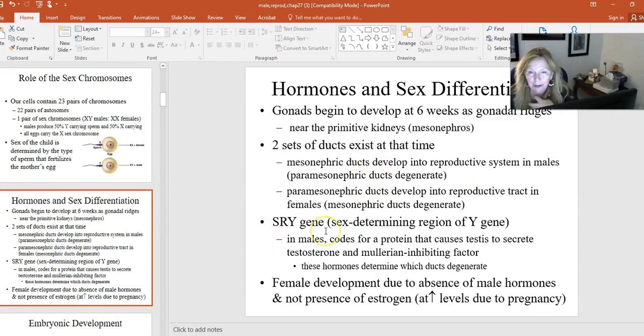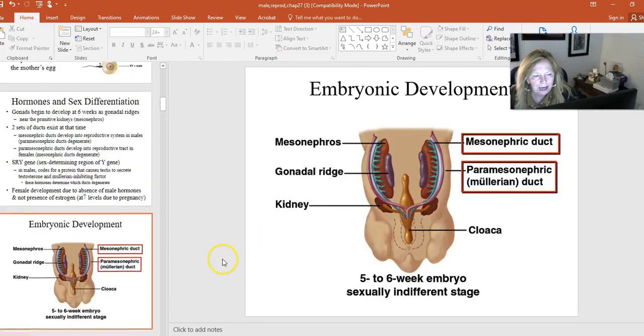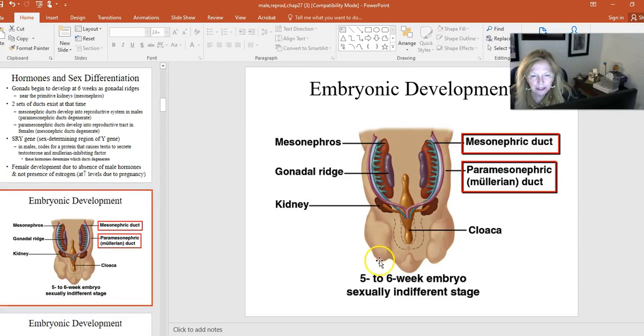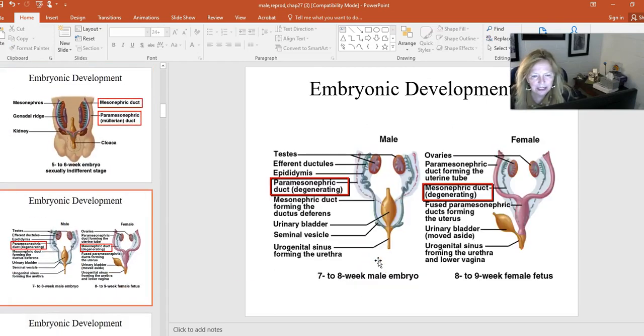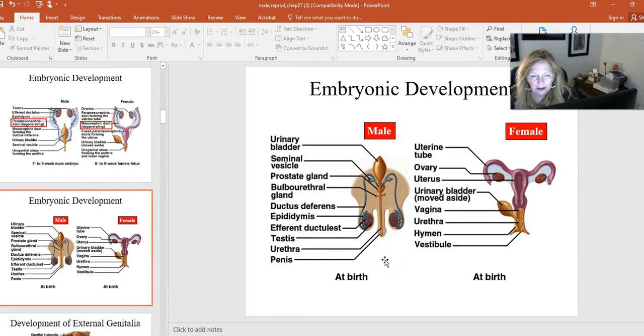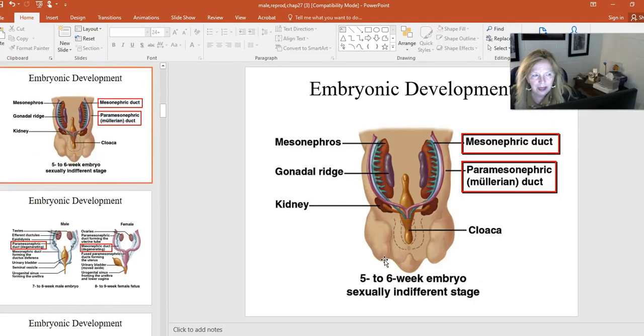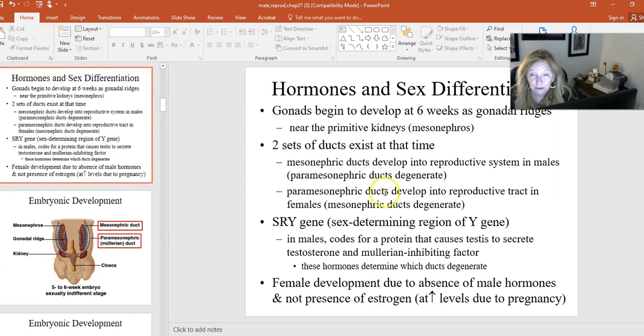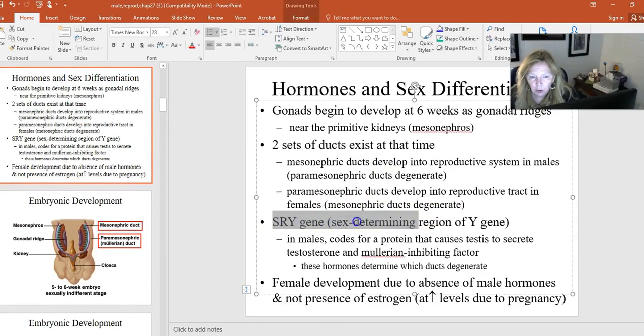So when we are thinking about embryonic development, I don't ask any questions about this on lecture quizzes, nor tests, because embryology is almost like a study all in itself. I don't ask questions about the differences between 5 and 6 weeks, and then 8 and 9, and then 12 weeks into birth. There are a lot of different developmental stages, but I do want you to know that on that Y chromosome,